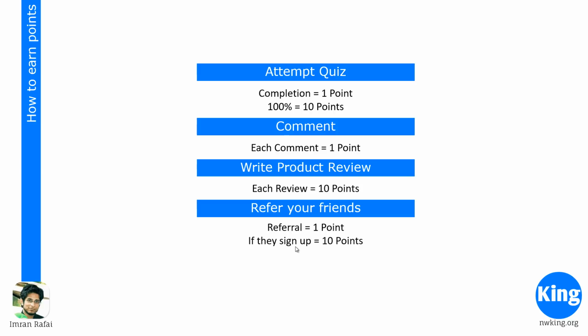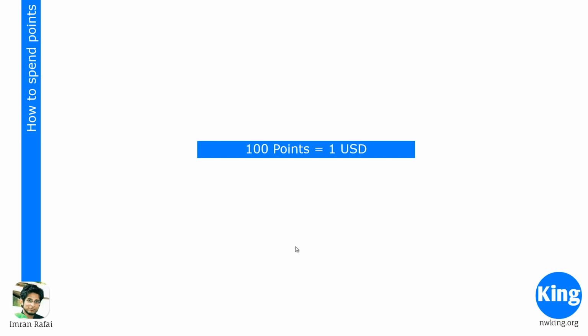But your next question should be, what are you going to do with the points? Well, every 100 points would give you a value of $1 for shopping on our website. Now, this $1 is not going to be transferred, and you can't withdraw money out of the system. The system is only and only for use on our website, right? So 100 points is worth $1 US. If you want to buy something, let's say $5 worth of stuff from my website, you need 500 points. If you have 500 points, you can use those 500 points to buy stuff from my website.